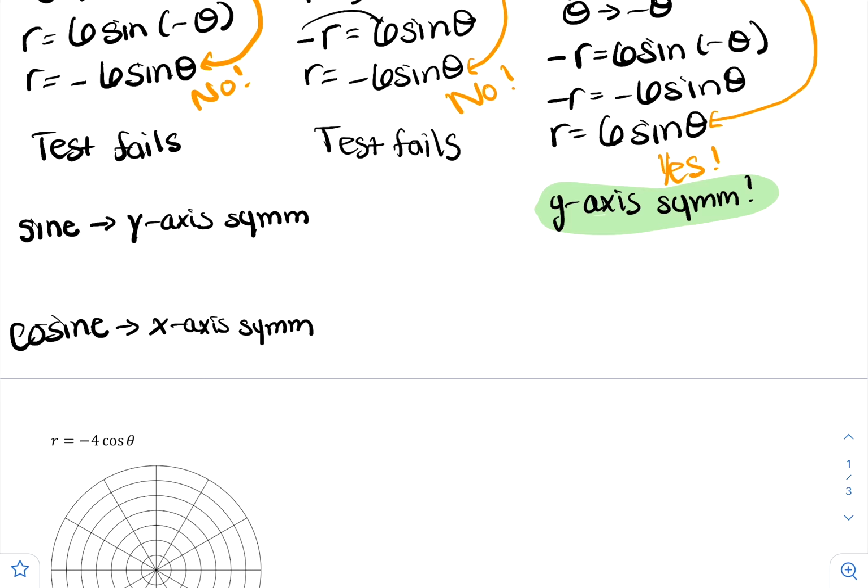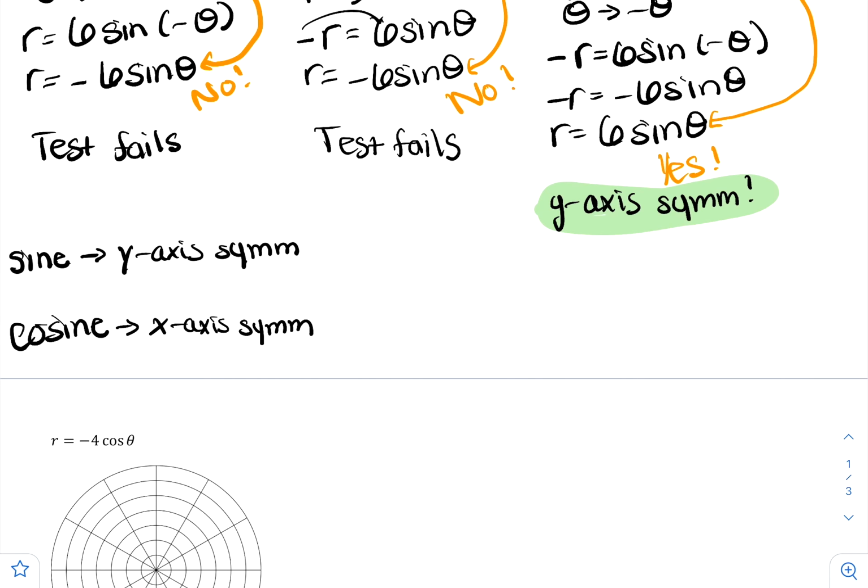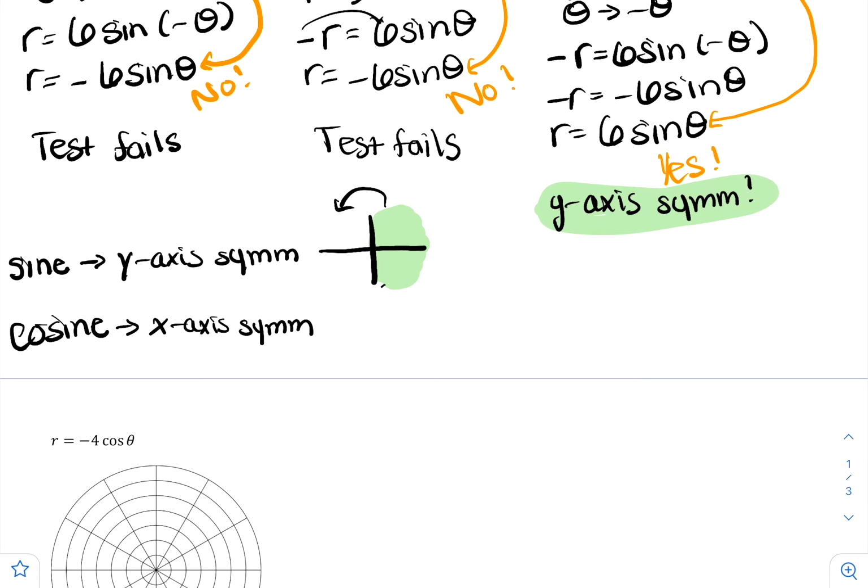Now, what does that mean for us? Let me move this down. That means that when you have y-axis symmetry, you're going to be able to graph here and then mirror everything over. So everything that's in quadrant 1 will mirror to quadrant 2, and everything in quadrant 4 will mirror to quadrant